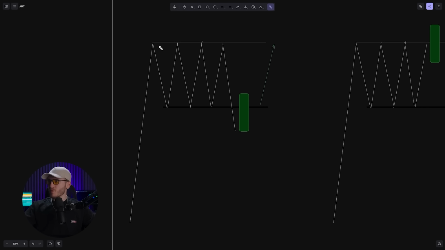the auction. At the same time, the more we go down, the closer we get to prices that these buyers were considering cheap all the way through. So if they bought here and here and here and here and here and here, very likely that if price drops hard enough, they're going to start taking control of the auction again and push the auction higher up to a point where buyers will consider these prices to be premium enough to sell and take control of the auction again. So this is what happens in the market on a daily basis and on every single time frame